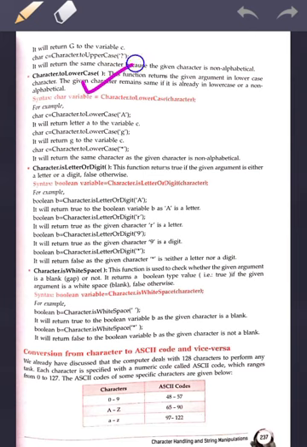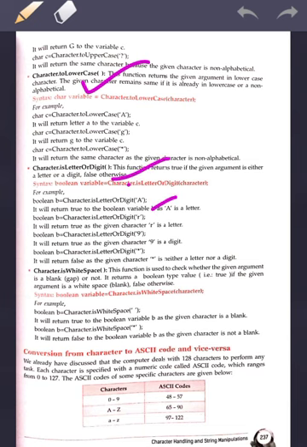Next is Character.toLowerCase. It will change a capital letter to lowercase, that means a small letter, and if any special character is given, it will remain the same.